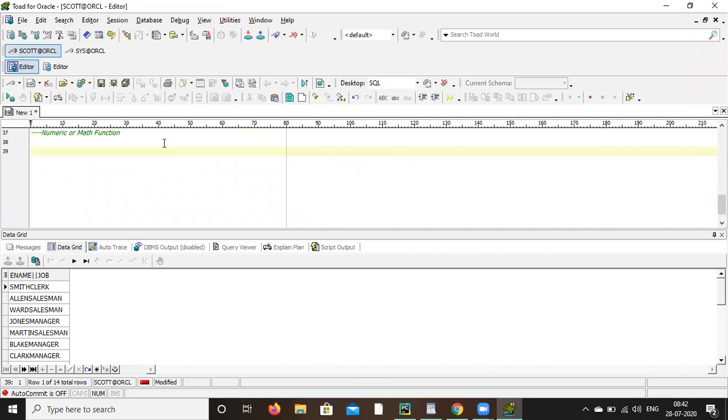Select ABS within bracket -10 from 12. ABS means it will give the absolute value.